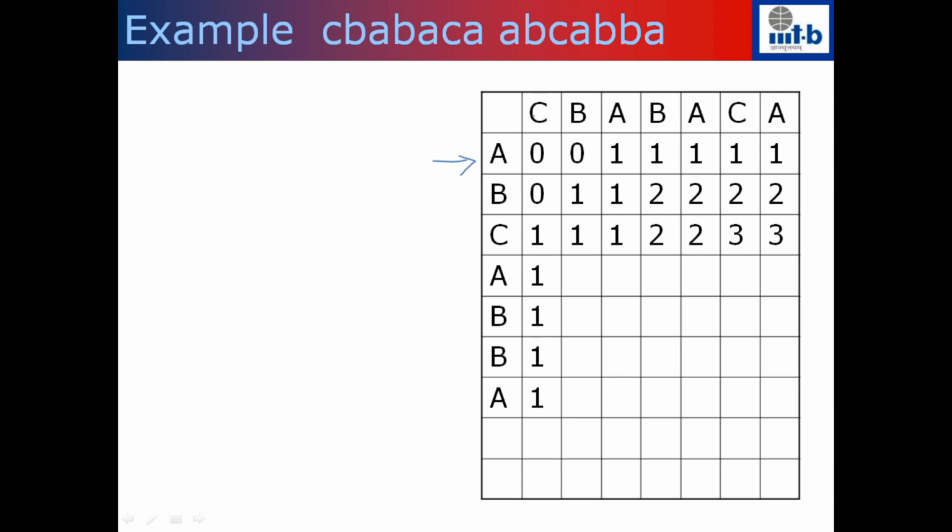Similarly, the first character here is c. So if I see a, it's going to be 0, and if I see a b, it's going to be 0. And the first time I see a character which is the same as c, it becomes 1. After that it will remain as 1, right? So till I get the first a, it will be 0. After I get the first a, it will all remain as 1. Similarly, if I get the first c here, it will be 0. After that it will be 1.